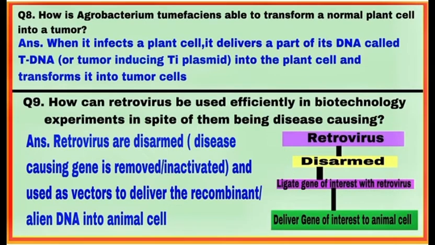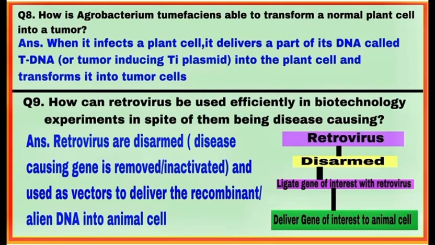क्वेश्चन 8. हाउ इज एग्रोबैक्टीरियम tumefaciens एबल टू ट्रांसफॉर्म अ नॉर्मल प्लांट सेल इनटू ट्यूमर? जब ये बैक्टीरिया प्लांट सेल को इन्फेक्ट करता है, देन इट डिलीवर्स अ पार्ट ऑफ इट्स DNA कॉल्ड T-DNA और ट्यूमर इंड्यूसिंग प्लाज्मिड या Ti प्लाज्मिड, जिसके कारण प्लांट सेल ट्रांसफॉर्म हो जाता है इनटू ट्यूमर सेल्स।